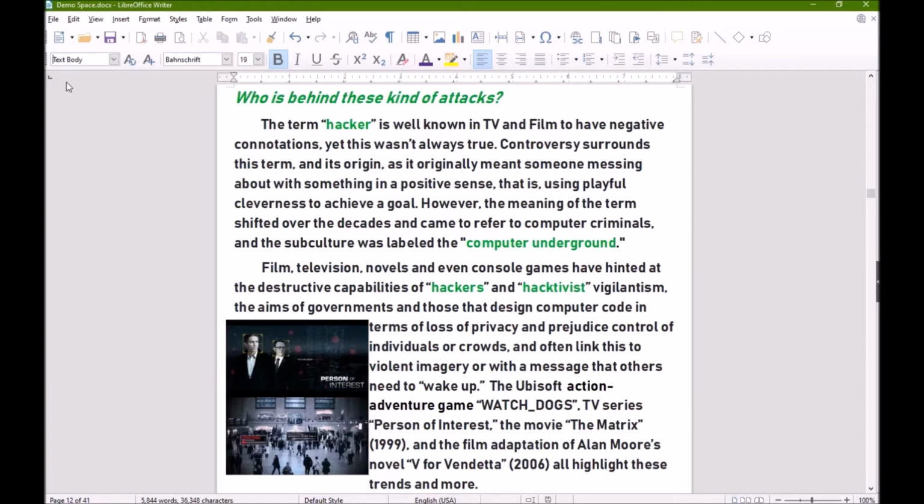The Ubisoft action-adventure game Watch Dogs, television series Person of Interest, the movie The Matrix from 1999, and the film adaptation of Alan Moore's novel V for Vendetta all highlight these trends, and more.